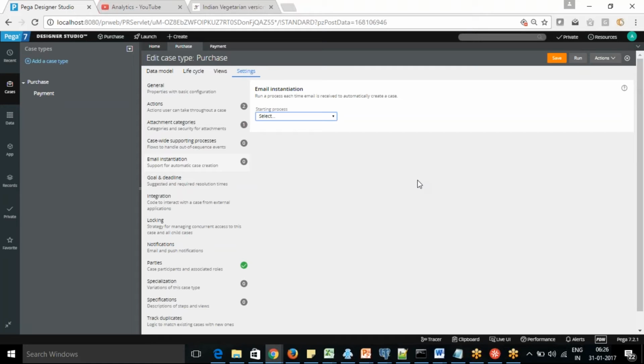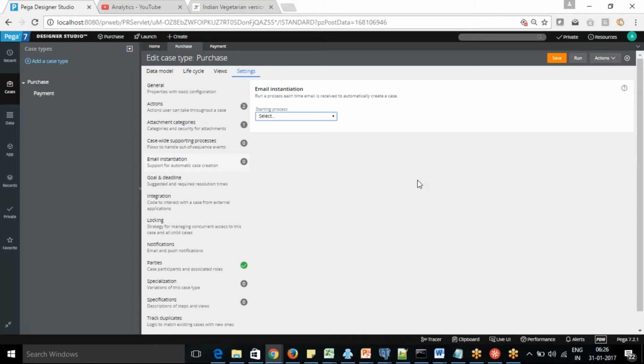There are multiple places where you can get an order from an email. Like in purchase, you are getting the order from an email. There is a website you have integrated, so whatever is ordered from the website comes to your flow. Those things we can start using an email.